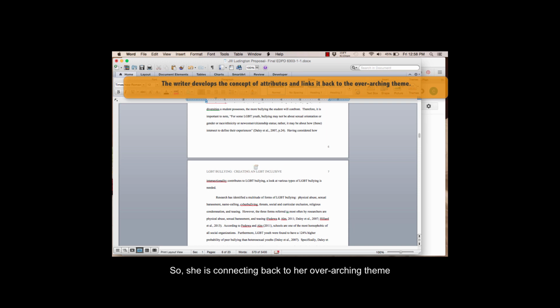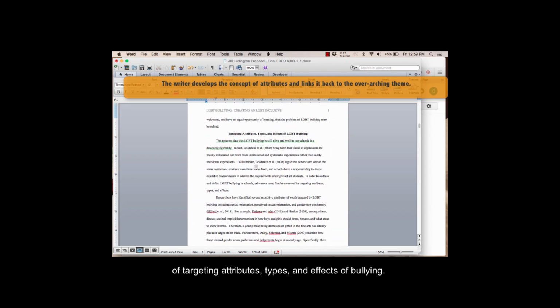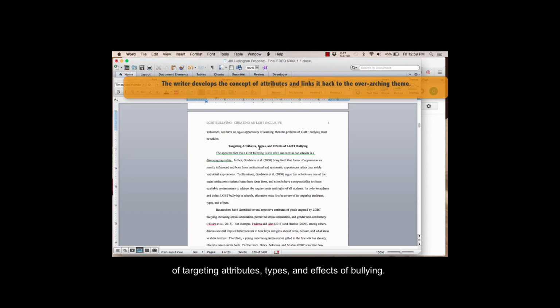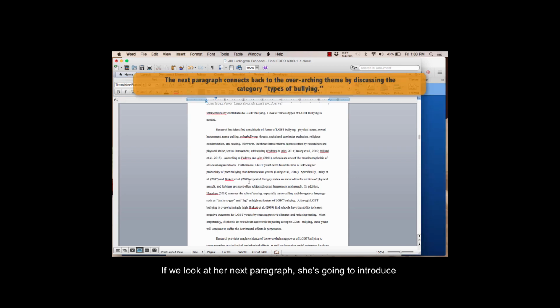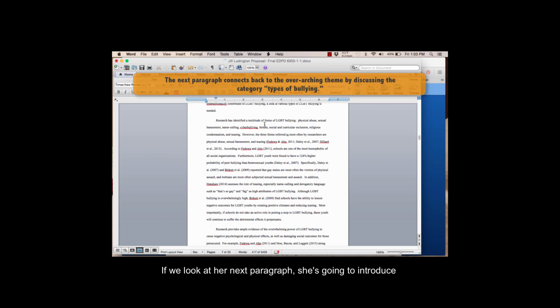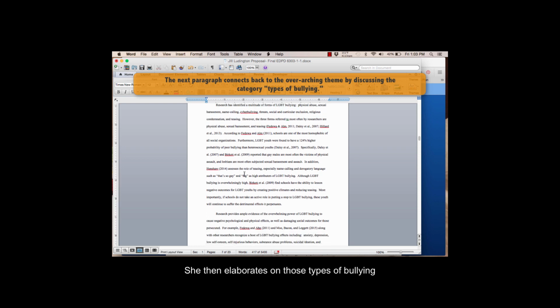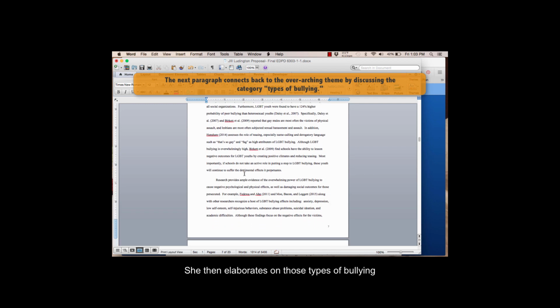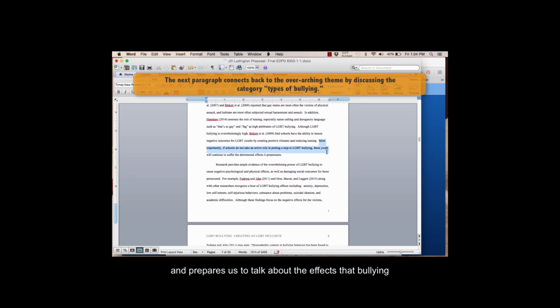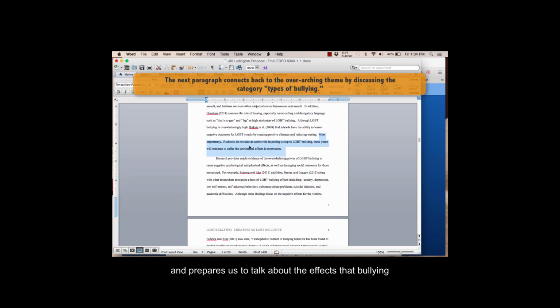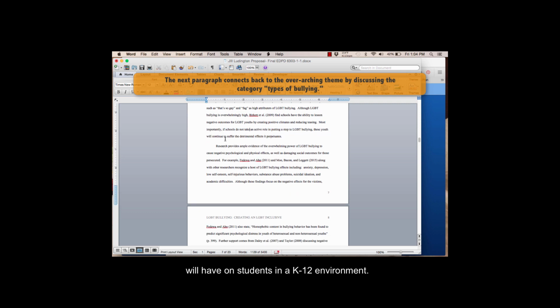So she's connecting this back to her overarching theme of targeting attributes, types, and effects of LGBT bullying. If we look at her next paragraph, she's going to introduce us to the types of bullying she talks about. She then elaborates on those types of bullying and prepares us to talk about the effects that bullying will have on students in a K-12 environment.